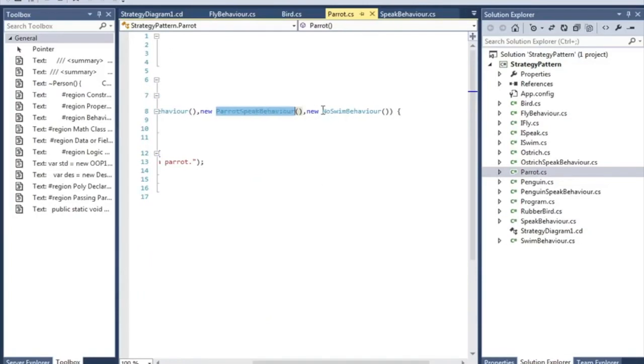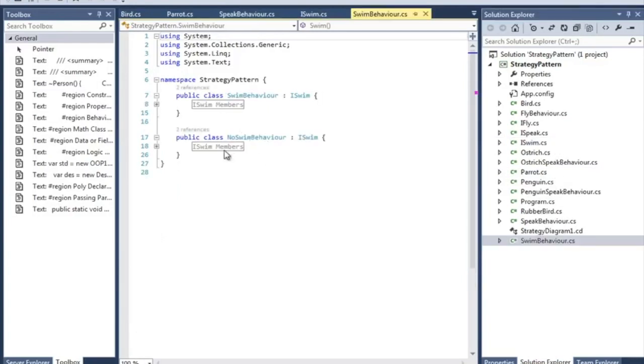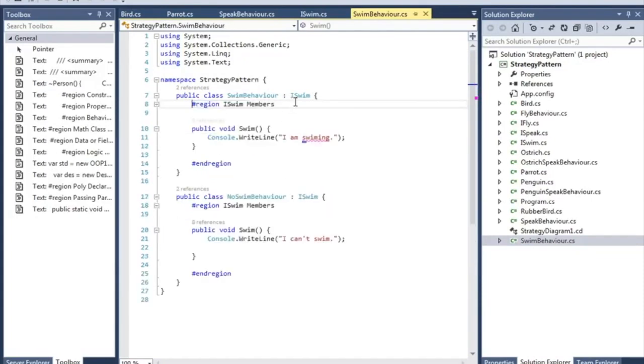And parrot doesn't swim, so I introduced the no swim behavior. You can find it in swim behavior. No swim behavior says I can't swim, and swim behavior says I'm swimming. That's it. Everything is very simple.